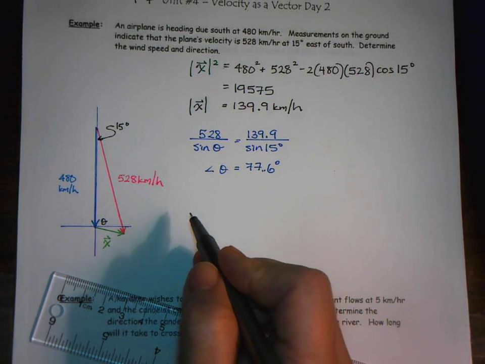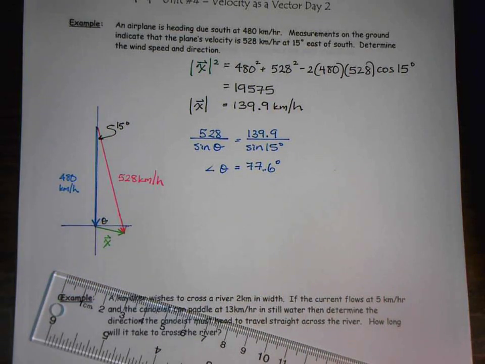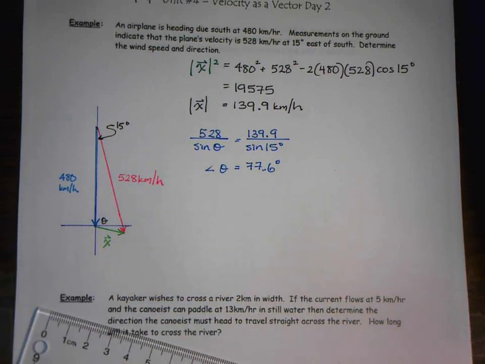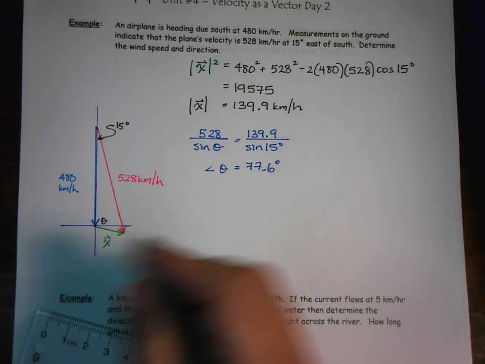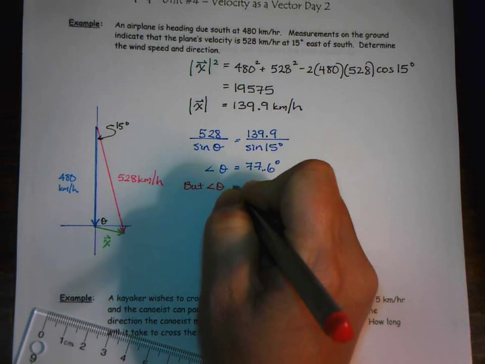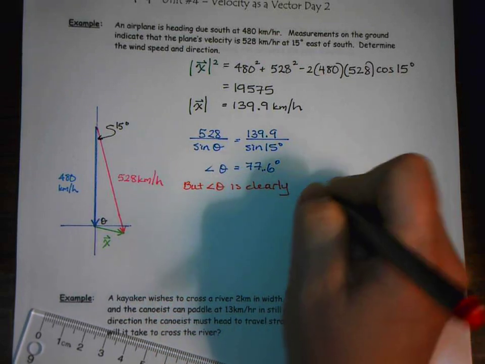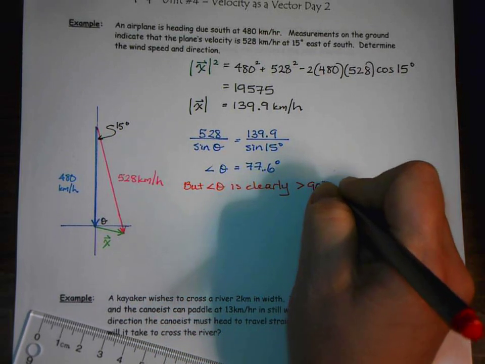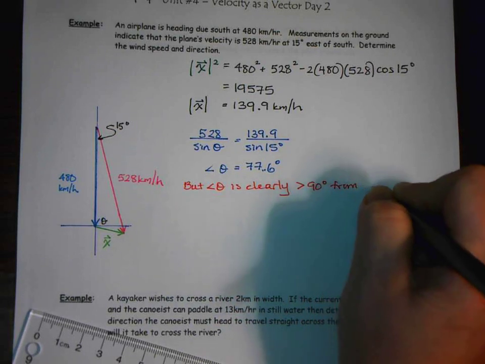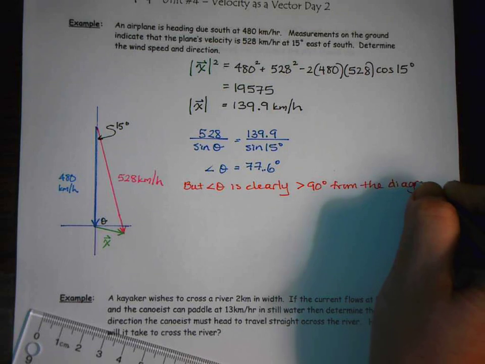So let's make a note for this. But angle theta is clearly greater than 90 degrees from the diagram. We would only notice this